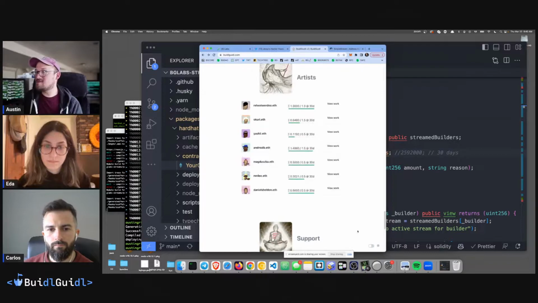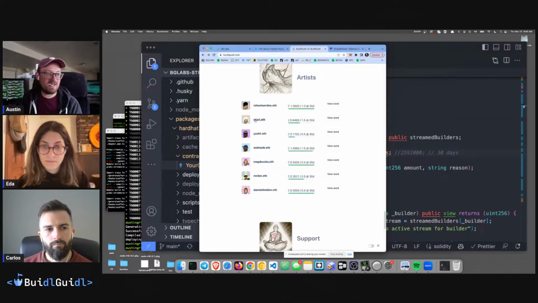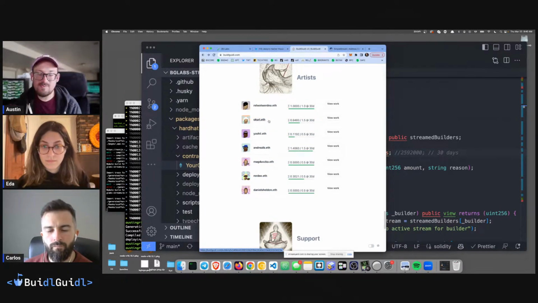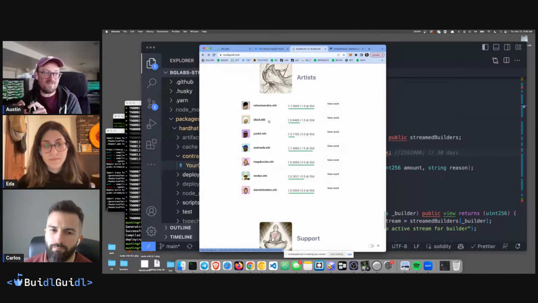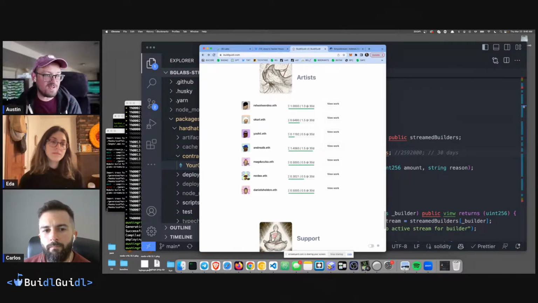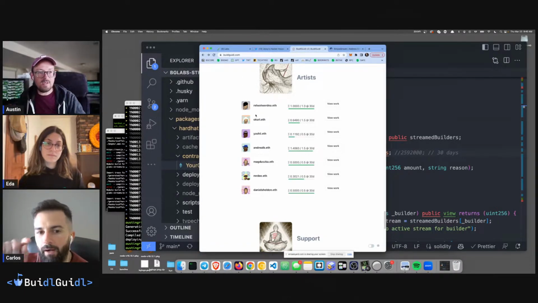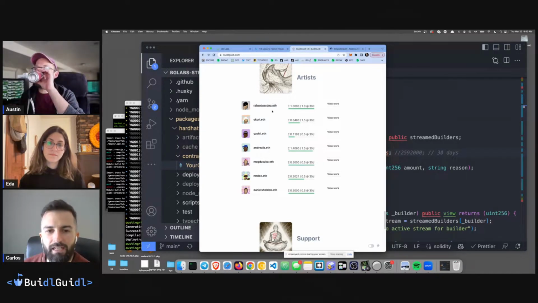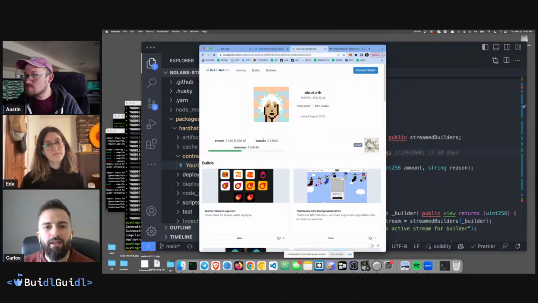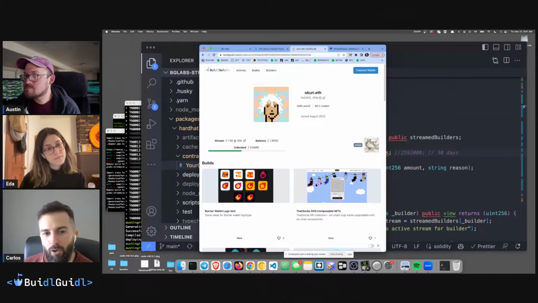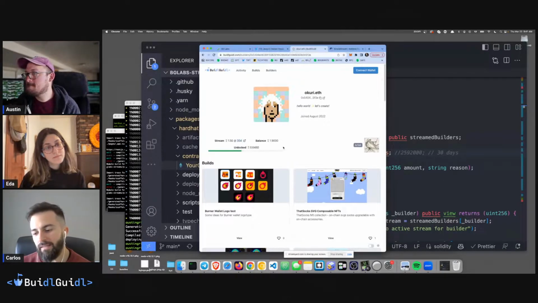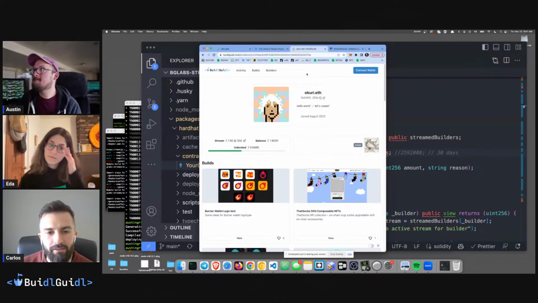But what we'd like to do is have a whole page of streams and have them all coming from this one contract, but a very similar model where they will do a withdraw and withdraw some funds and put in some reason for why they withdrew. And that green bar that we are seeing, that's basically the unlocked amount, and that is calculated with the cap and limit and frequency variables that we are tracking. So we are doing some math to calculate that unlock, to know at any given moment how much a given builder can withdraw.